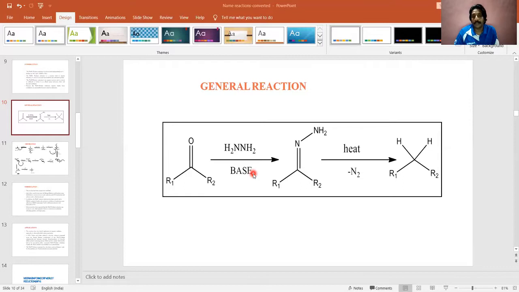So what is the purpose of base? Base has to grab protons. That means base is used to do the deprotonation reaction. When base does such deprotonation, it will give rise to the formation of water, H2O. If base grabs one proton from here, what will happen here? One minus charge results here, along with the formation of a water molecule.